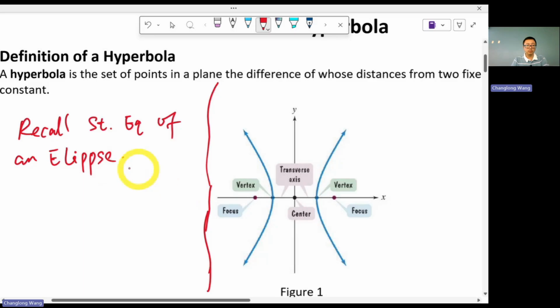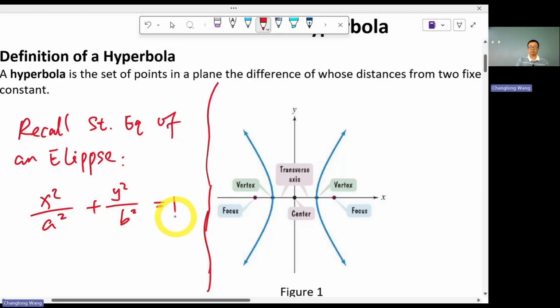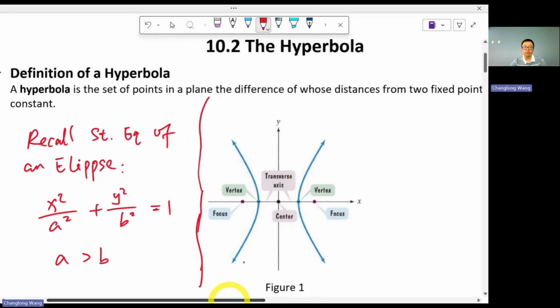Let's go with a horizontal ellipse. So that will be x squared over a squared plus y squared over b squared equals 1. And also a must be greater than b. A is called the semi-major axis, b is the semi-minor axis. And it turns out that to get the equation for a hyperbola, all you have to do is